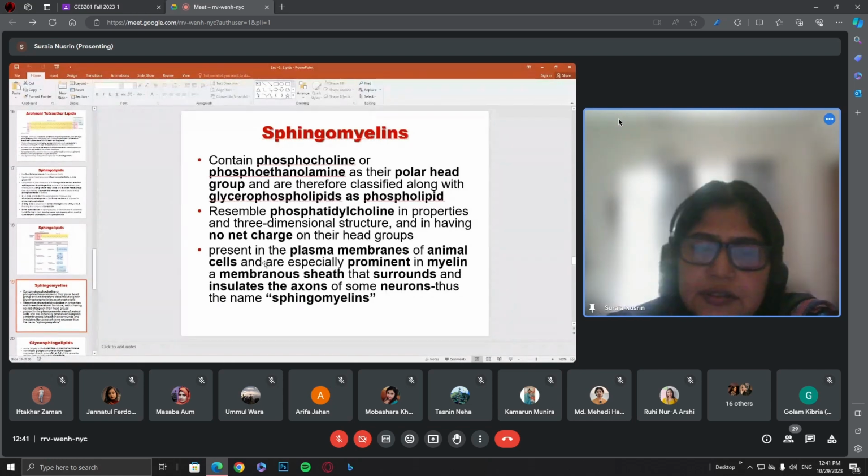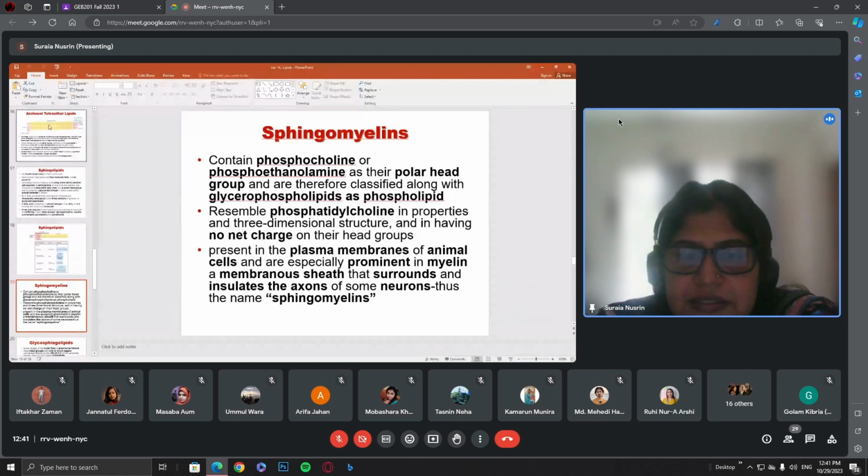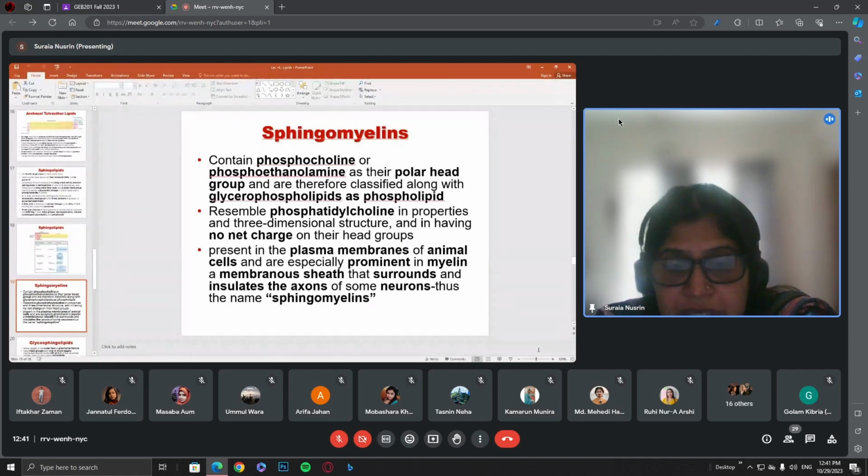Okay, now some features of this phospholipid: the polar head group is phosphatidylcholine, and they have no net charge. Where can we find this kind of sphingolipid? They are present in animal cells. That means the animal cell plasma membrane has this kind of sphingolipid. Specifically, they are present in the myelin sheath of the neuron, which has a different structure than